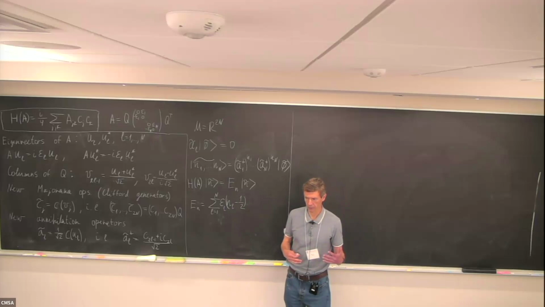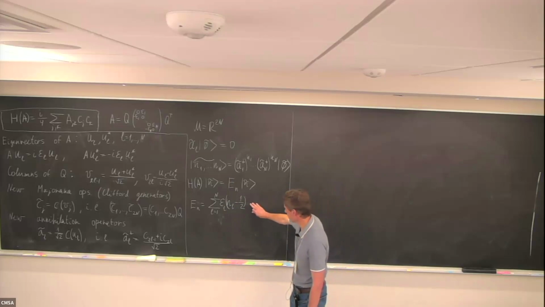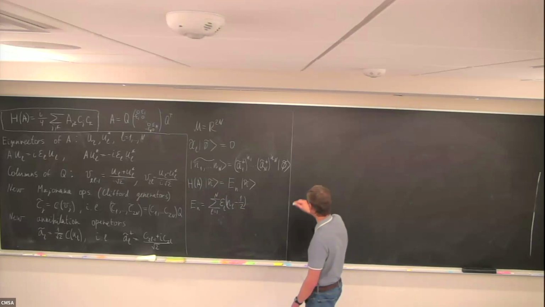This is the standard reduction of a many body problem to a single body problem in the case of free fermions. For interacting fermions, it doesn't work. But anyway, we have this procedure of diagonalizing H of A, and